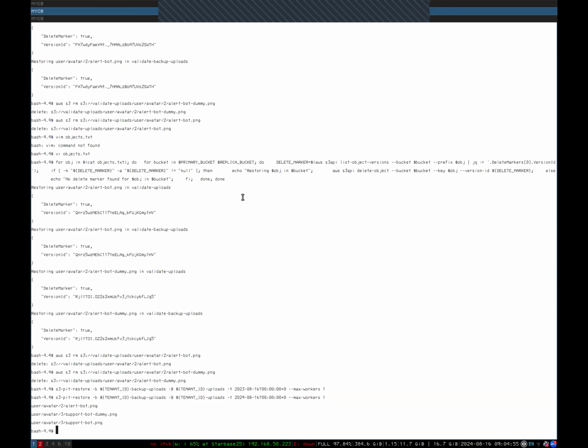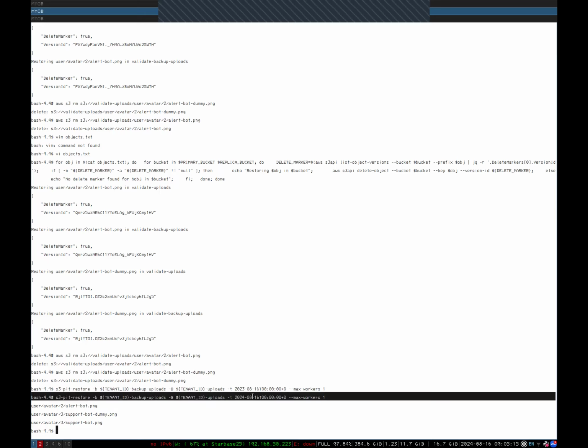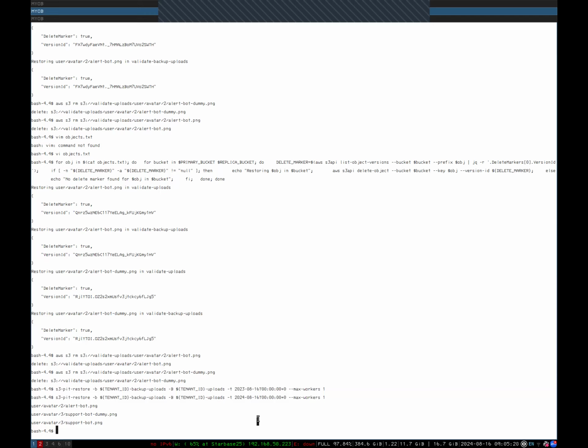So it's important to note that the time that you give it does matter. In this case, we actually saved ourselves something because that dummy file was never supposed to be there in the first place. Now, there is a support bot dummy 3 file that did get restored because I made that one a couple days ago. And so this timestamp of 2 hours ago did in fact cover that. Okay, so we've now shown the 2 ways you can restore objects,